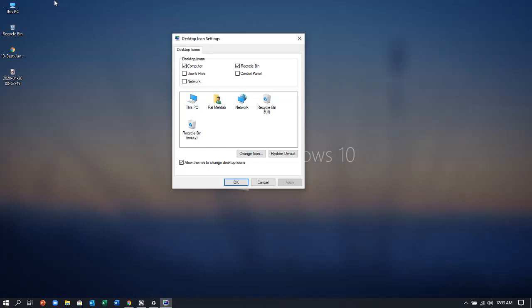Sometimes your kids or anyone removes this icon or this icon and you get worried about how you can get them back. So like this, if you uncheck them and apply, they have been removed. Just check them back, apply, and they will come back. So it works like this. See,